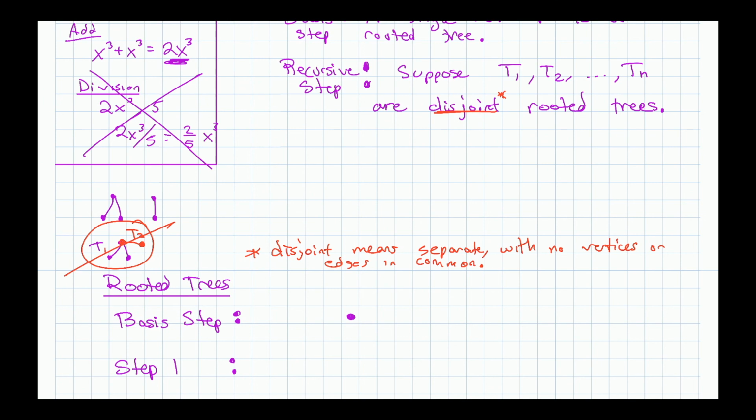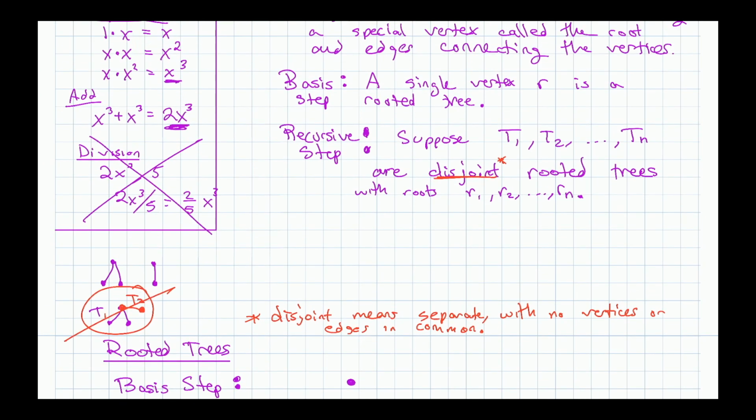And then what you're going to do is you're going to put them together. So T1 up to Tn are disjoint rooted trees with roots R1, R2, up to Rn, right? So each tree has its own root. We know that that's the case because